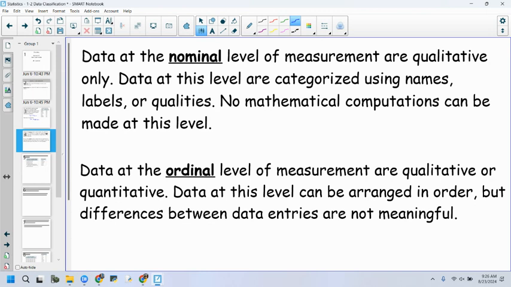So please let these be separate in your head. These are levels of measurement. The nominal level of measurement, and these cascade. These are kind of like umbrellas. The nominal level of measurement is